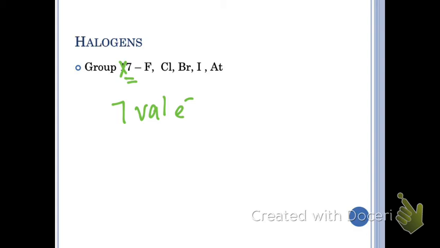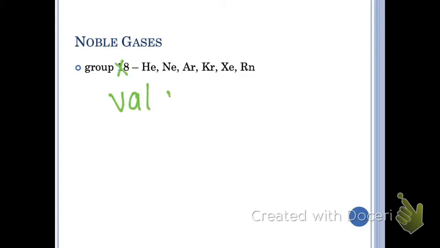The noble gases are group 8 or 18. How many valence electrons do you think they might have? They have 8 valence electrons, which is how many they would like, right? So do you think they bond? Yeah, very good. Do you think they bond with anything? No. Not so much, right? They are perfectly content being by themselves.